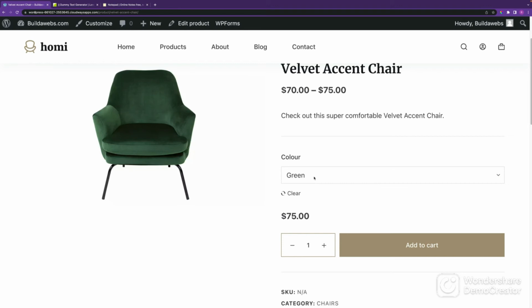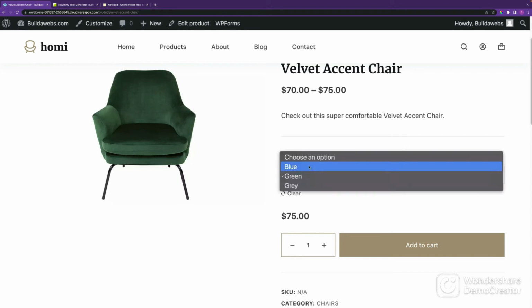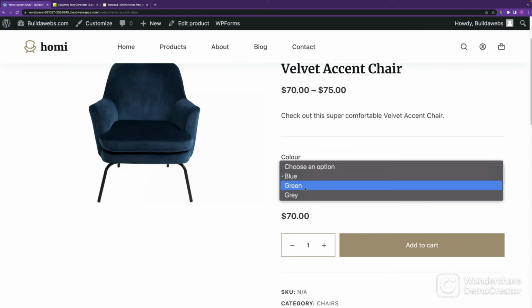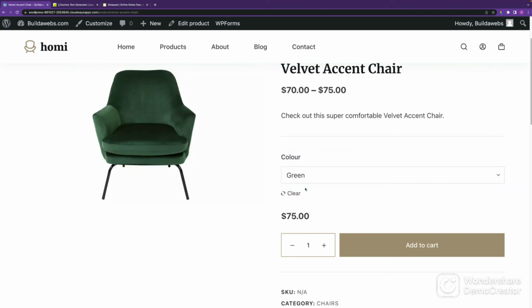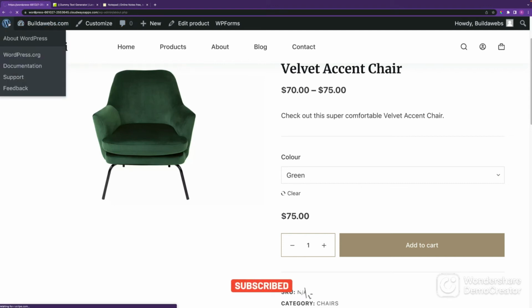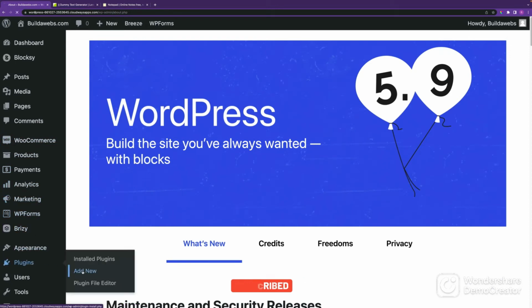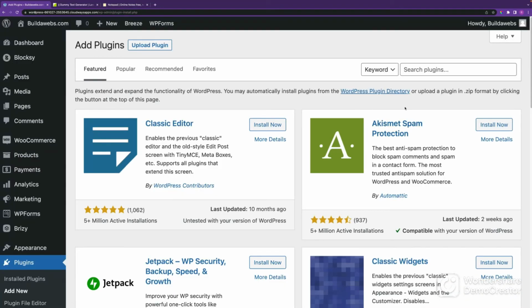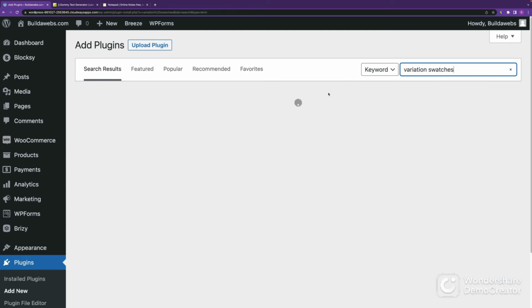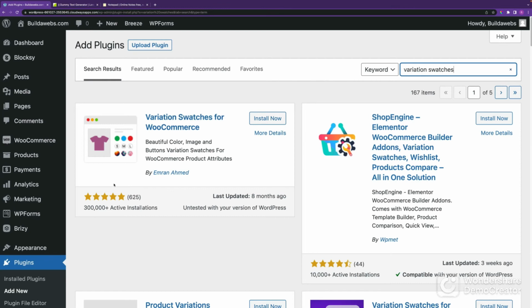So if you wanted to make this a bit more pretty and you wanted to change these from being a drop down to being a colour on the screen, you can do that by going and installing a plugin, which I'll show you now. So if we go back into WordPress and we go to plugins, we click on Add New, and we search for variation swatches. And if we install this one here, and we choose Activate,